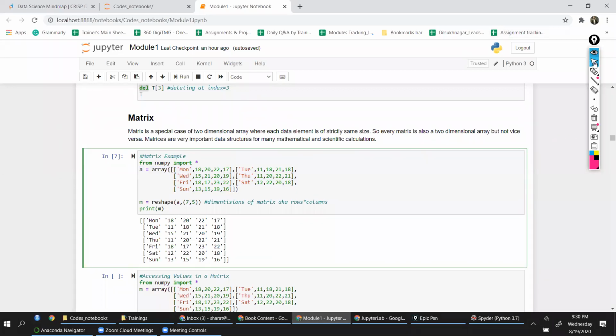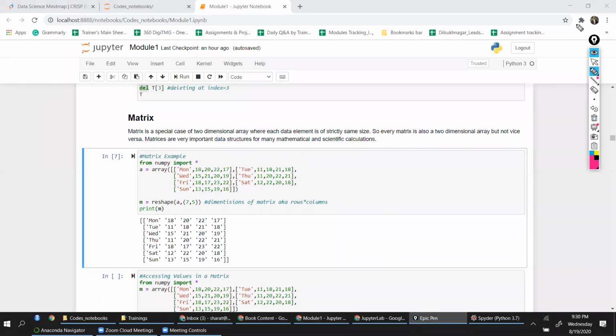Always remember for your array, matrix, the dimension would be rows by columns. So in this particular example, I am having 7 rows. Monday, Tuesday, Wednesday, Thursday, right? So 7 rows. And then the columns that I have are 5 columns. So that is the dimension we are defining here.